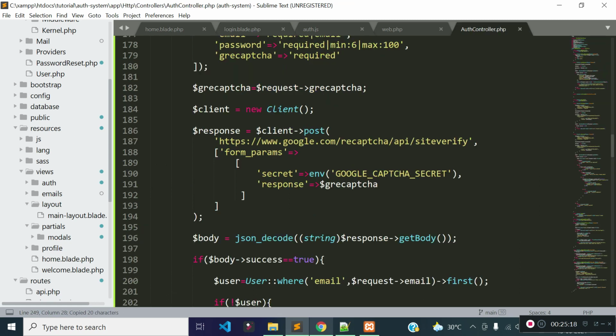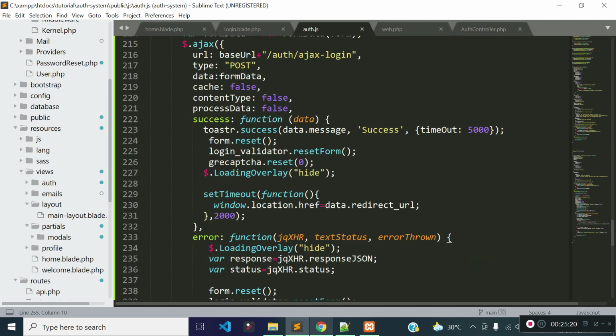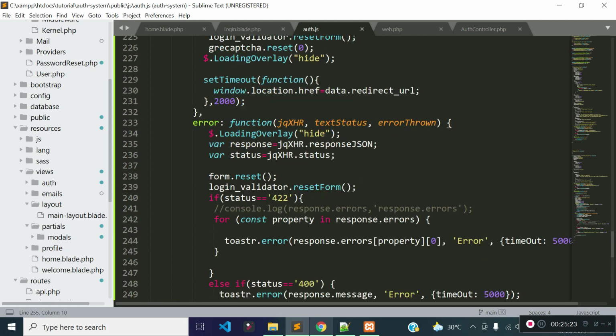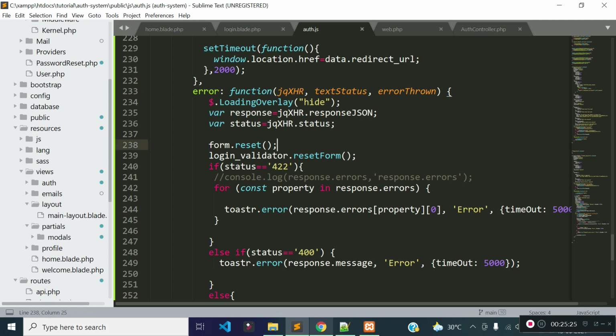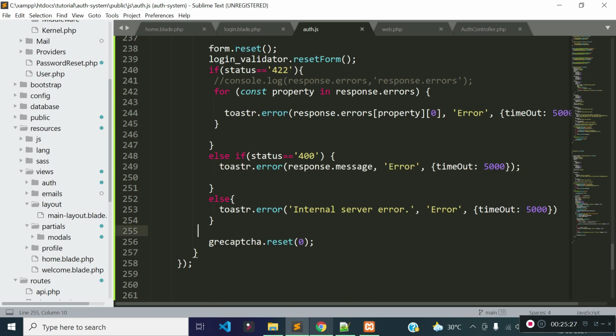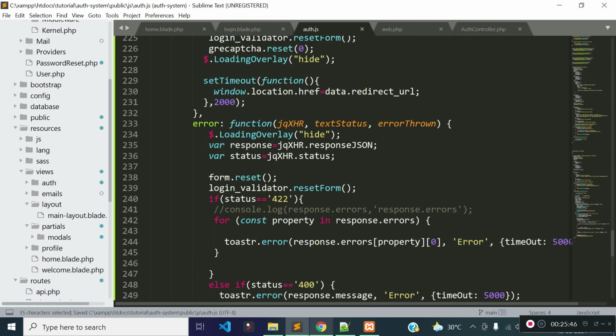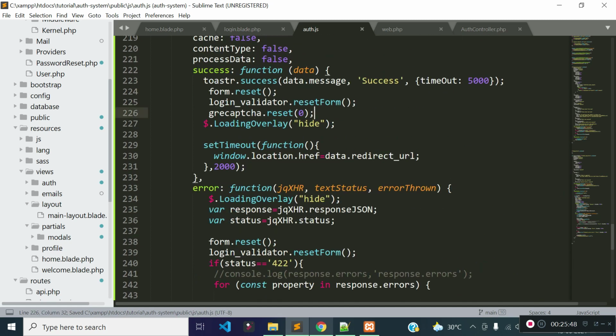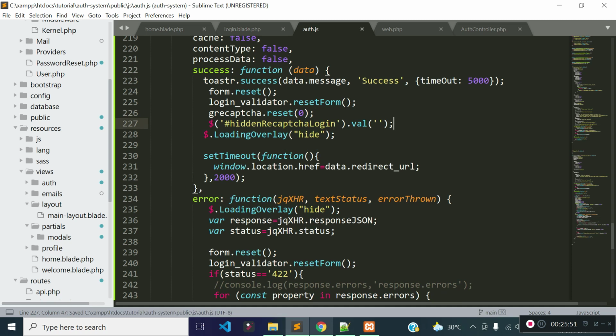So when there are some error messages from the server, I will simply reset the Google reCAPTCHA, and I will also make the value of this hidden field blank. Save this file and also save this file.